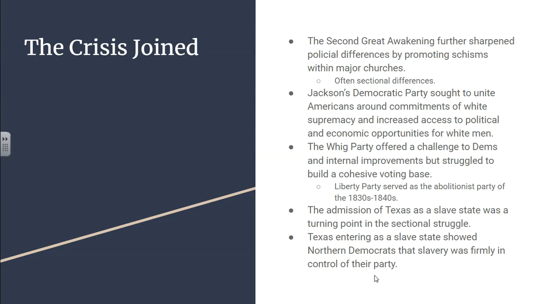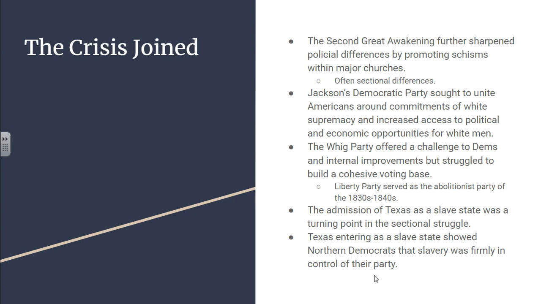There was an abolitionist party in the 30s and 40s, the Liberty Party, and their platform was basically around abolition. They were focused on creating a political party that was single issue. Their single issue was stopping slavery in the United States. Few Americans really vote for that political party. It's kind of just more of a footnote in American history. And the Democrats continue to dominate national politics, with the Whigs being kind of the plus one, the alternative choice.